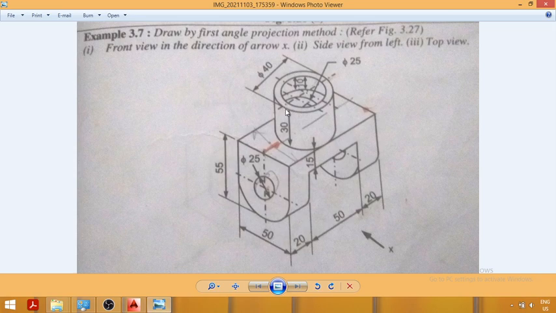Now the total height of the object, that is the distance from this bottom point, the point on the semicircle at the bottom, to the top of the cylinder, the upper part of this cylinder, is equal to 55. You can see the distance from this point to this line is equal to 55, and the height of the cylinder is equal to 30 mm. So the total height of the object will be equal to 55 plus 30. So here we have identified the length as equal to 90 mm, the width as equal to 50 mm, and the height is equal to 55 plus 30, that is equal to 85 mm.